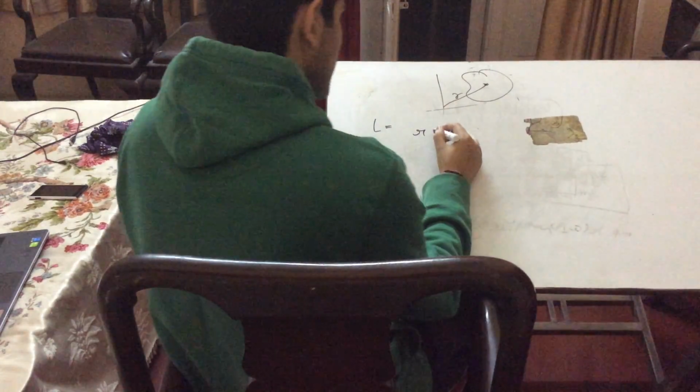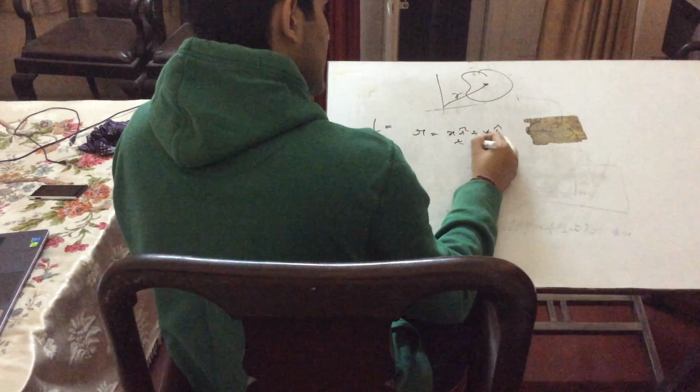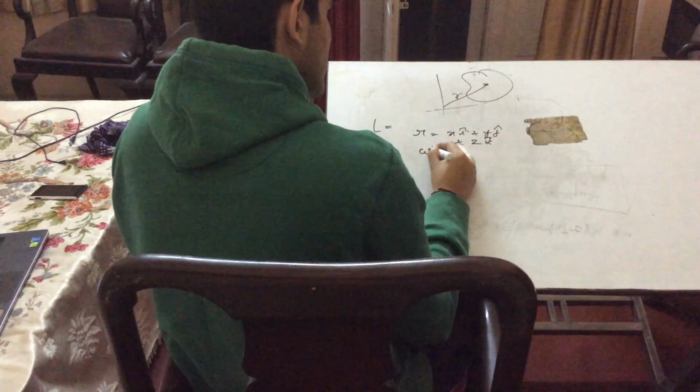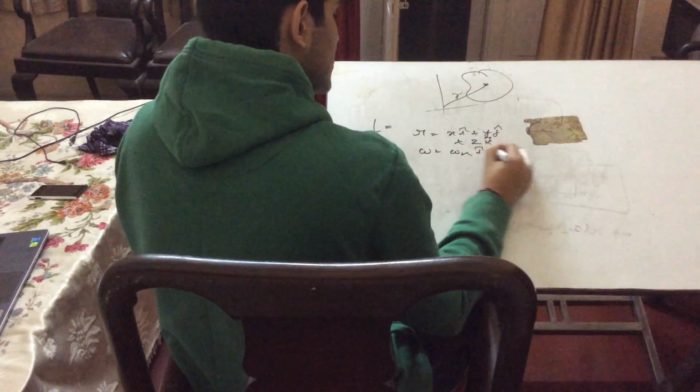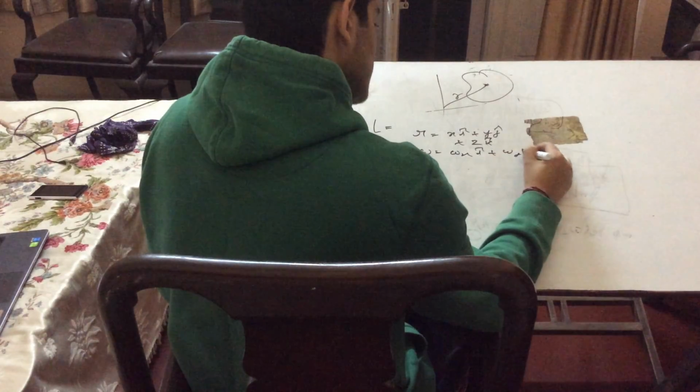Now putting these values, for a position vector r in 3D we have x i cap plus y j cap plus z k cap, and similarly omega equals to omega x i cap plus omega y j cap plus omega z k cap. Putting all these terms